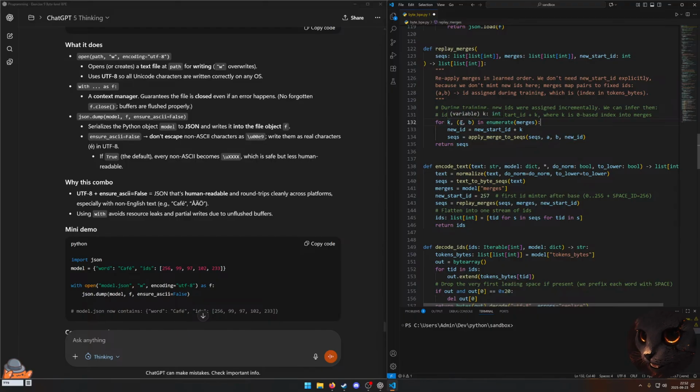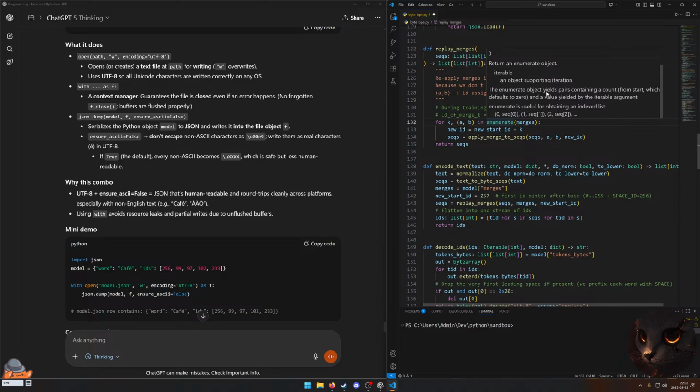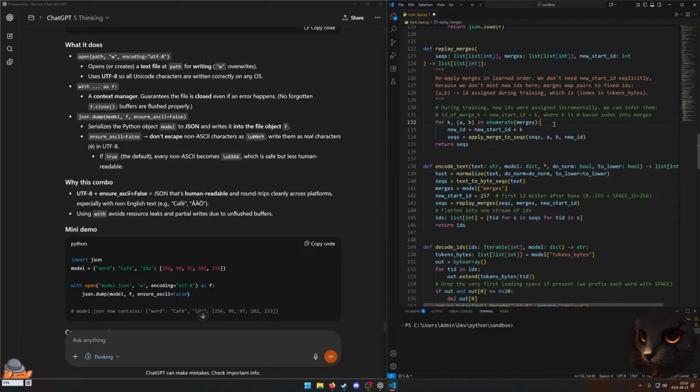For k, (a, b) in enumerate merges, and the enumerate object yields pairs containing a count from start, which defaults to 0, with a value yielded by the iterable argument. And merges is a list of integers. So for each list item, for each list of integers,